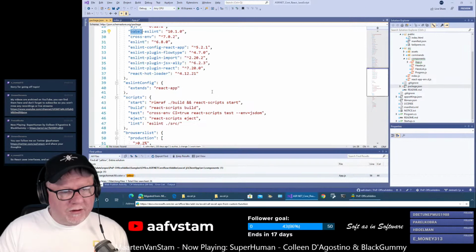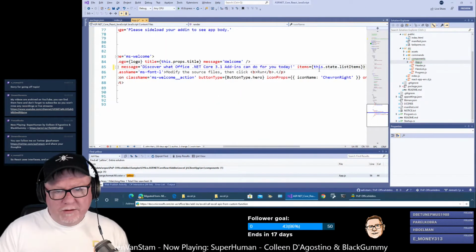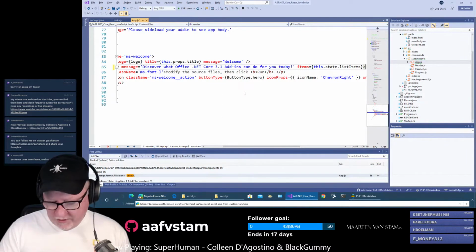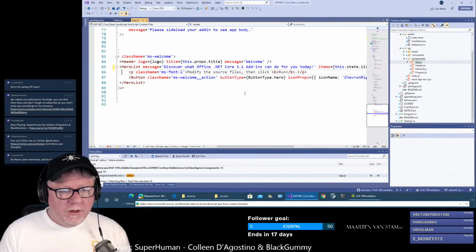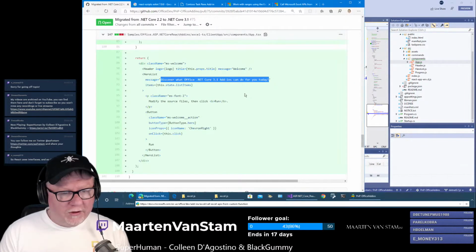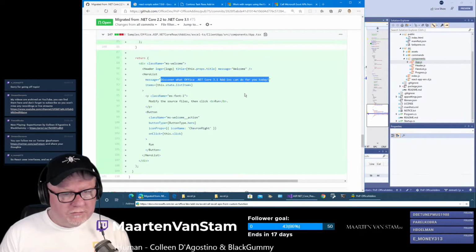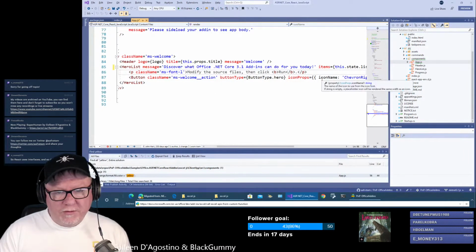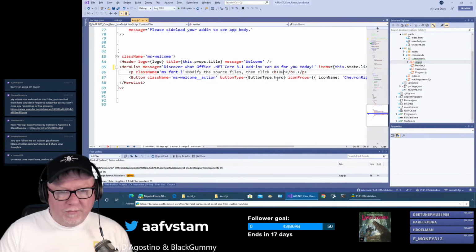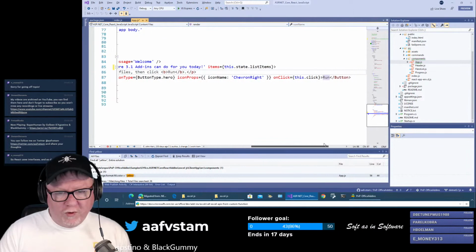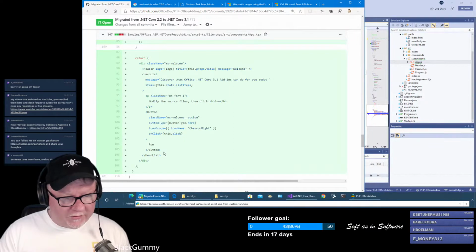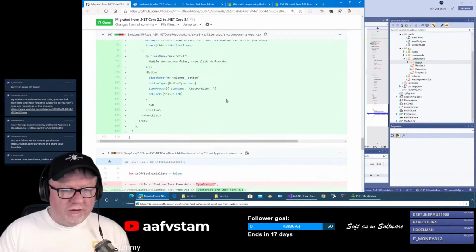Let's get back to the change thingy. Here, state list items. Modify source files. I think nothing else was changed in here. Modify source file. Click run. That's also in here. Oh, so in here. Action button type hero. Icon props. This is one line. On click, this click run button. That's in there as well. So that's it for